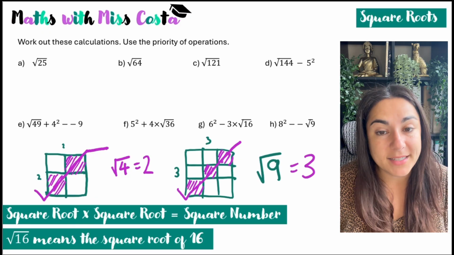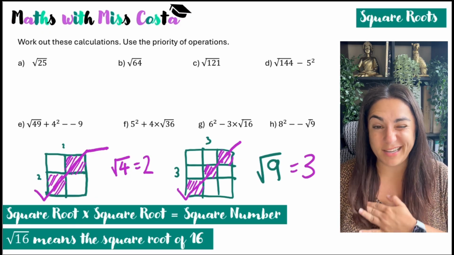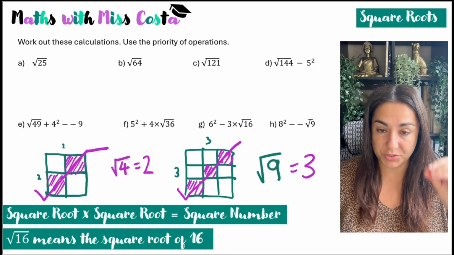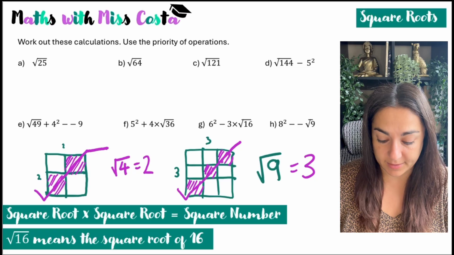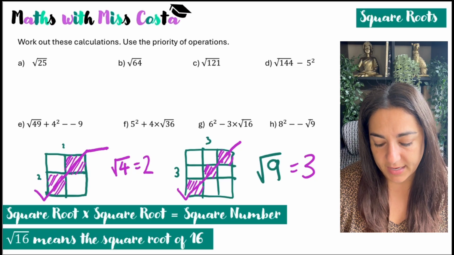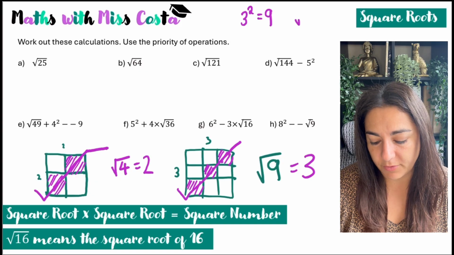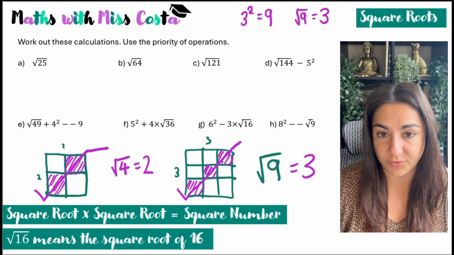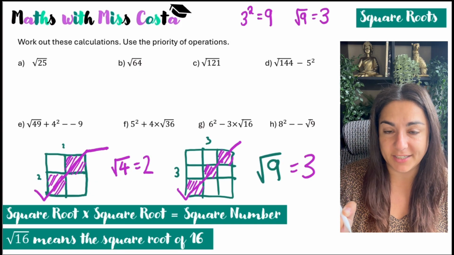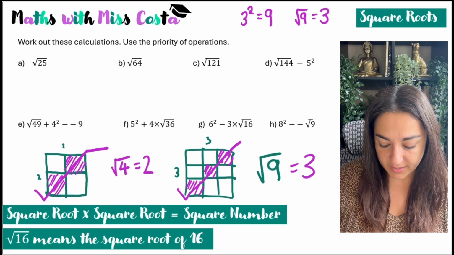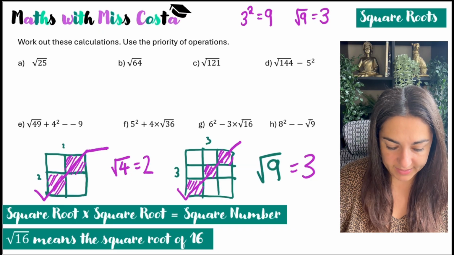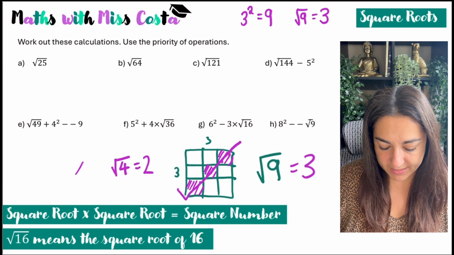So if square roots are something that confuse you and you're not fully understanding them, then I would really encourage you to draw these out, draw the little roots so you can visually see what the square roots are going to be. But essentially, if I think to myself, 3 squared is 9, the square root of 9 is therefore going to have to be 3, because the square root is essentially asking what number times by itself gives me this number. So if I know my square numbers, then getting the square root should be pretty easy because it's